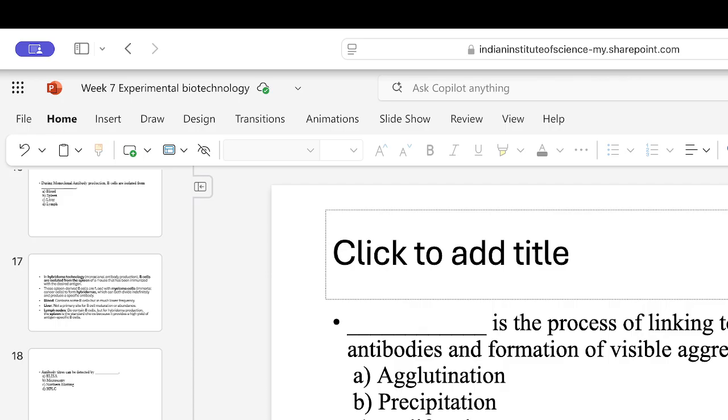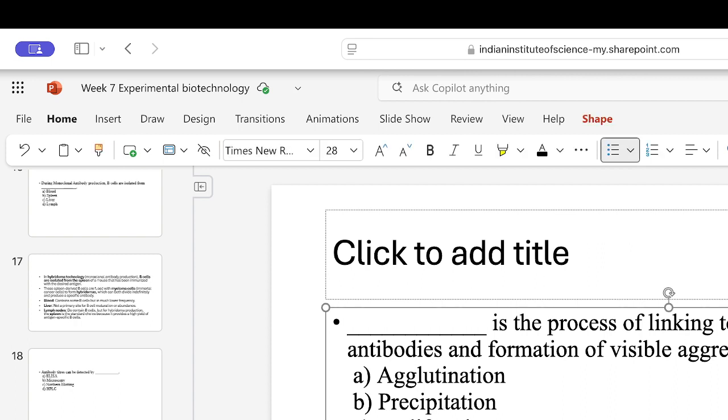And I'll just go through the wrong options once. Proliferation is nothing but growth or making of new cells or achieving different growth stages that we know. Gelation has nothing to do with the immunology that we are discussing here. It's just changing of phases from solid to liquid or an intermediary liquid to solid. So it's a phase change process. Precipitation is a term that people use commonly with respect to highly insoluble